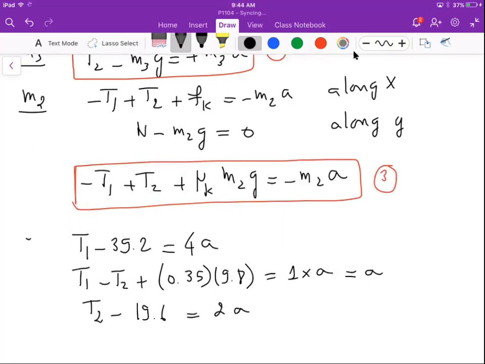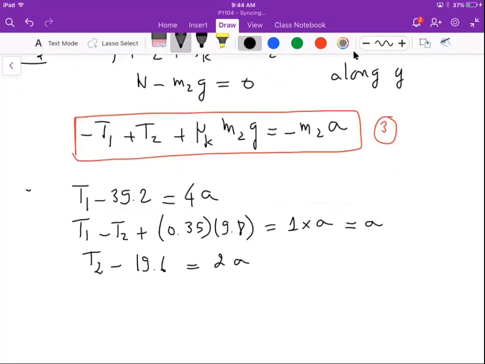Okay. Now let's actually, if you add them up, part A, adding the three equations, we end up with, so I get 2